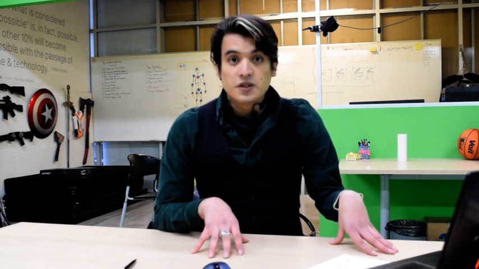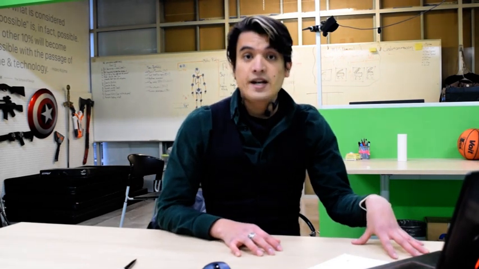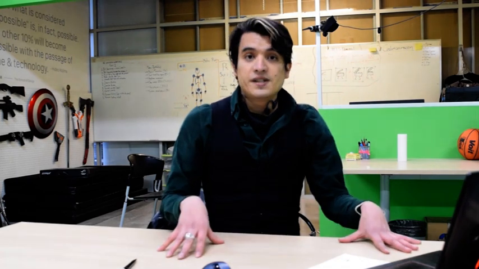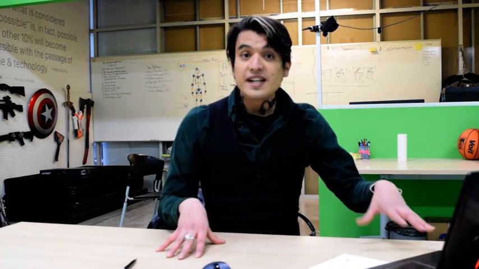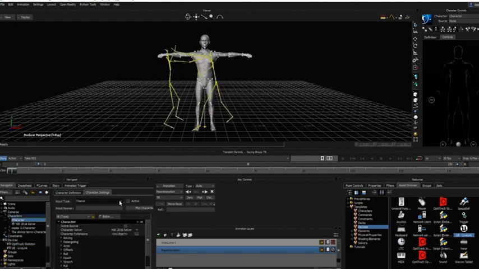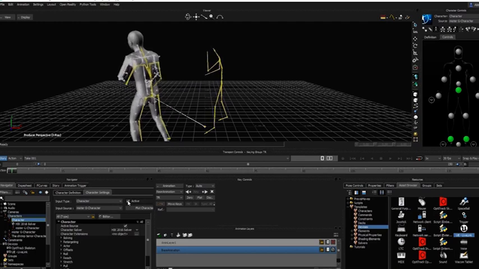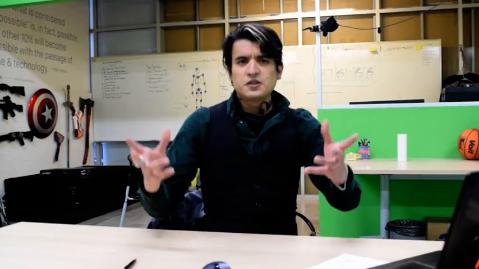In Motion Builder, you're going to have 2 key plugins that would allow you to make a motion capture performance, whether in real time or a pre-recorded performance. The first part, you have Motive and Motion Builder. With the right settings, you're going to be sending the information from Motive to Motion Builder by using the plugin called OptiTrack Skeleton. To make sure that the OptiTrack Skeleton plugin is working, you should be looking at a yellow skeleton moving around